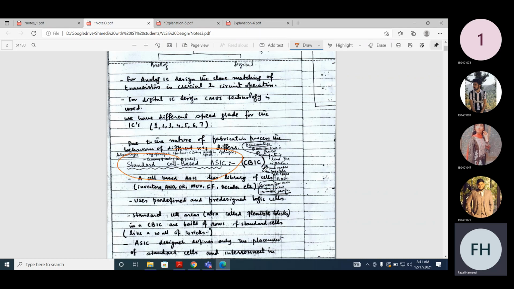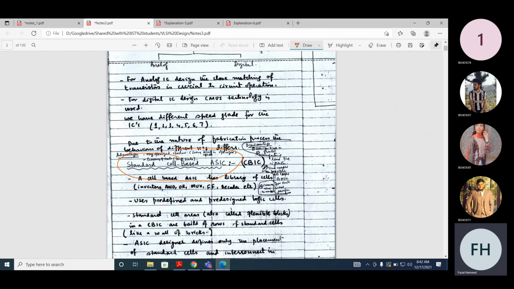So what is the disadvantage of a full custom ASIC? First, we have to develop a library. We not only have to fabricate all the transistors, but also all the metallization layers, and we don't know the characteristics of all these cells. In the standard cell array-based ASIC, a library is available. There is a manufacturing process, and you still have to fabricate all the transistors and make all the metallization layers, but a library of cells is available.